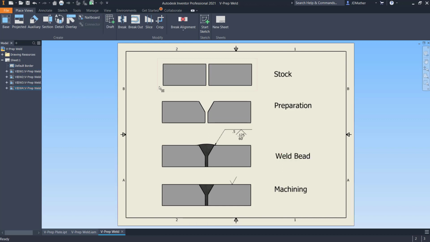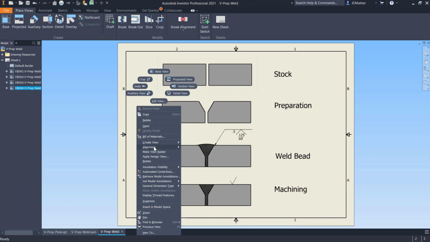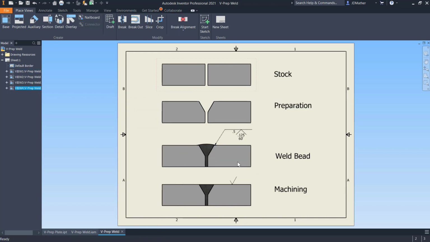I didn't line this one up. I'll right click and I'll do alignment vertical and line it up with this one. Okay, so that gives you an idea of creating some documentation for teaching your shop floor employees what the weld symbol means. To further explain to the shop floor employee how to read this welding symbol, we should of course